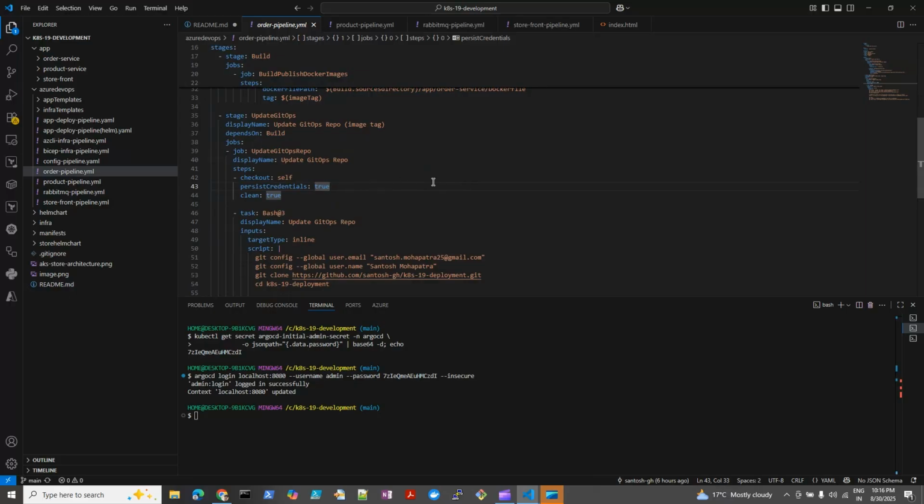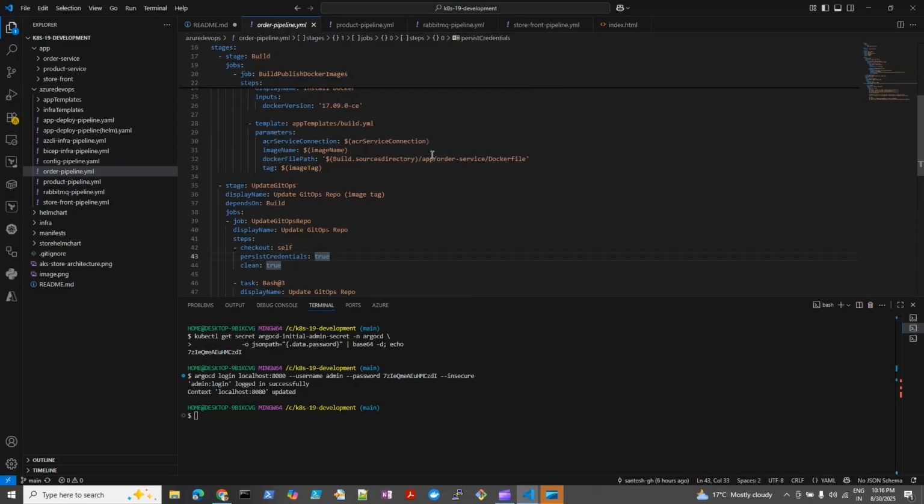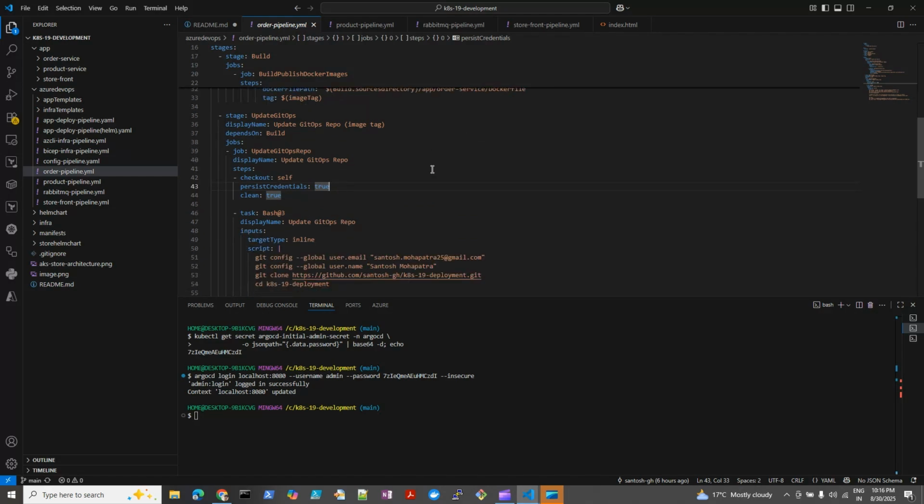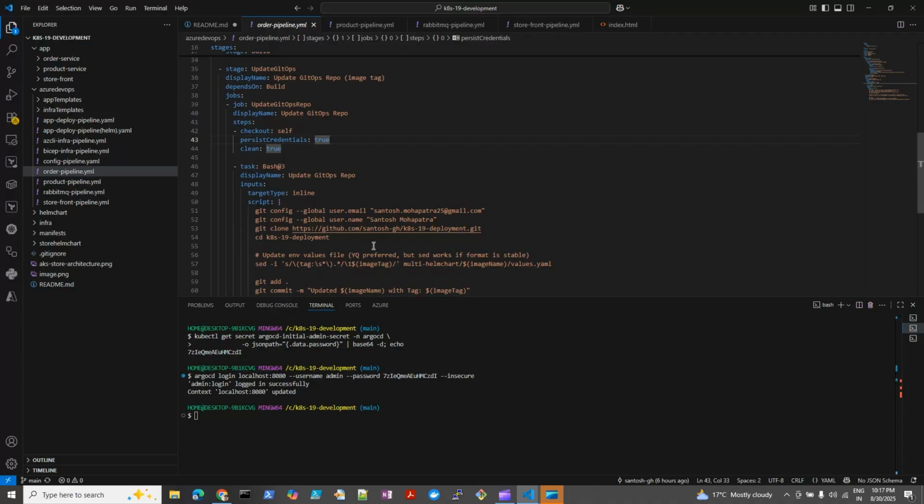The next one is once it's built, right? It will create a new tag using the build ID, and it will update the Docker image for that service. Okay, and that needs to be updated in the deployment repository. You can see this is my deployment repository. Okay, and in the deployment repository,